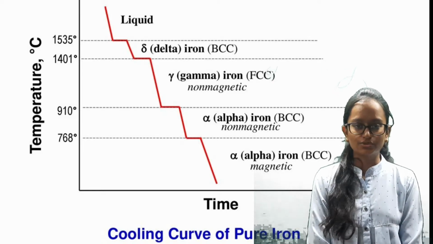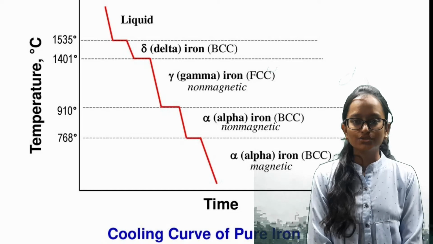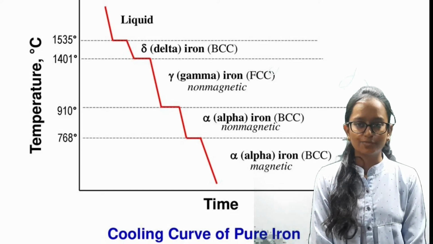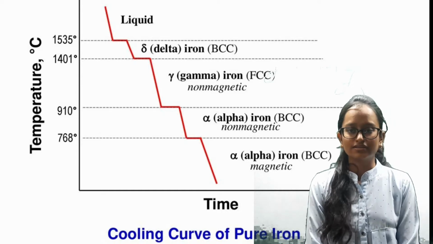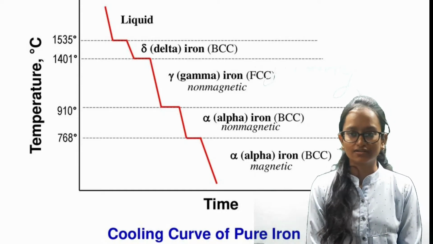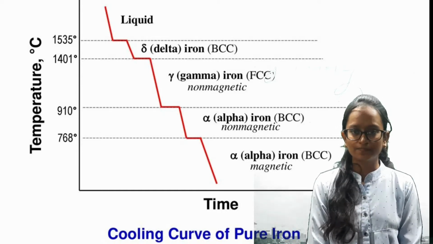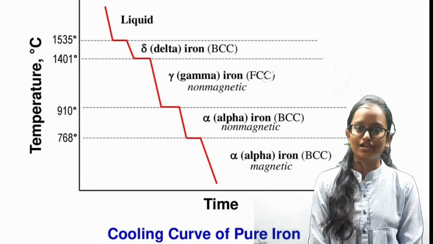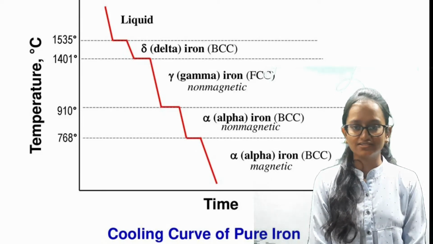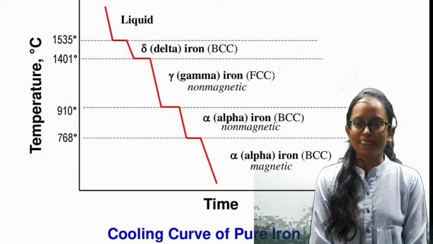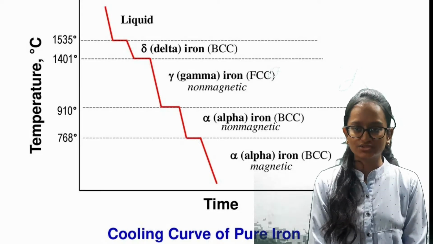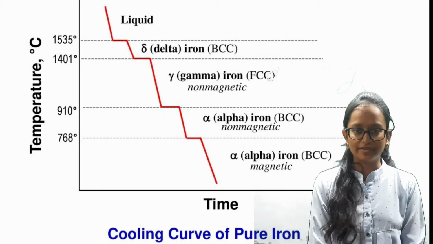Now let's see the cooling curve of pure iron. To get a definite melting or freezing point, I undergo solidification of pure iron. Now let's see, using a pure metal such as pure iron. After my solidification, I have changed into pure iron. At this stage, I am relatively soft and ductile. Here I show the property of allotropy.